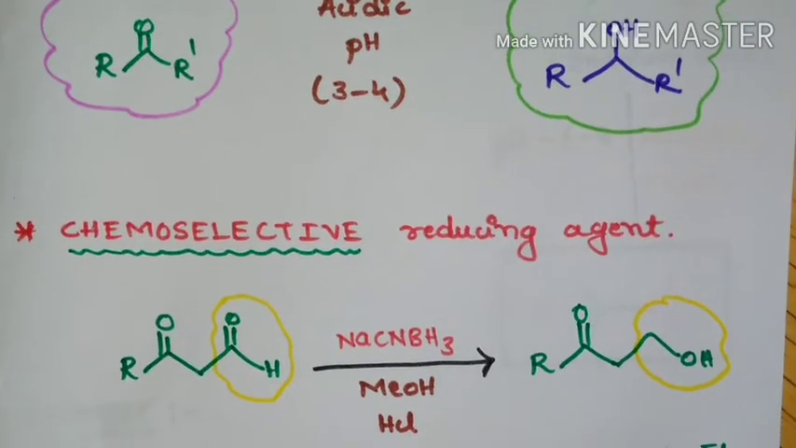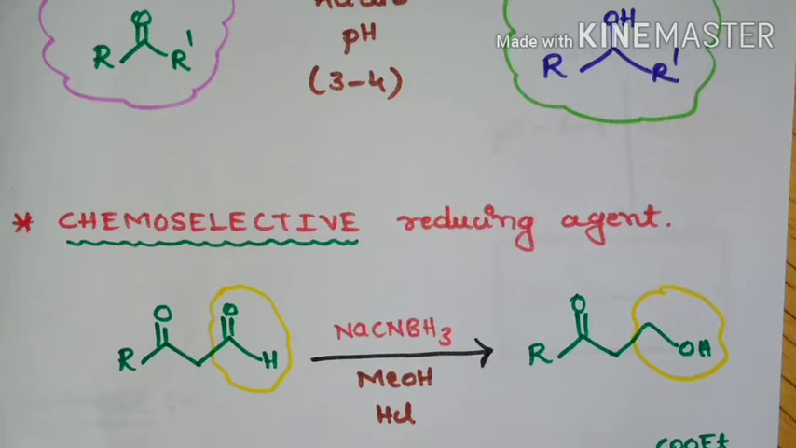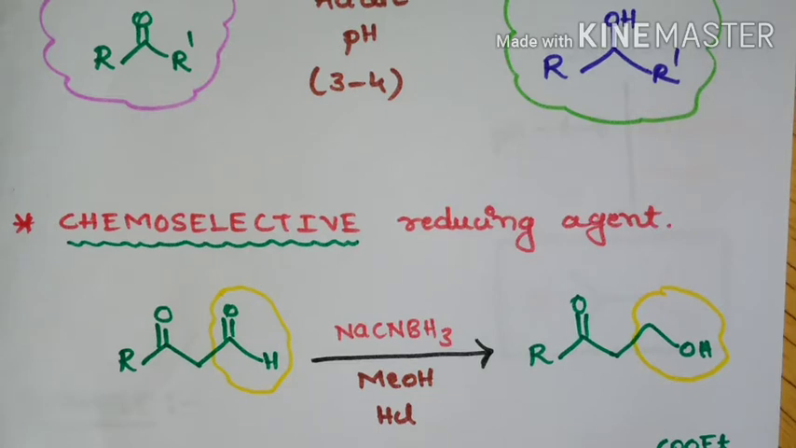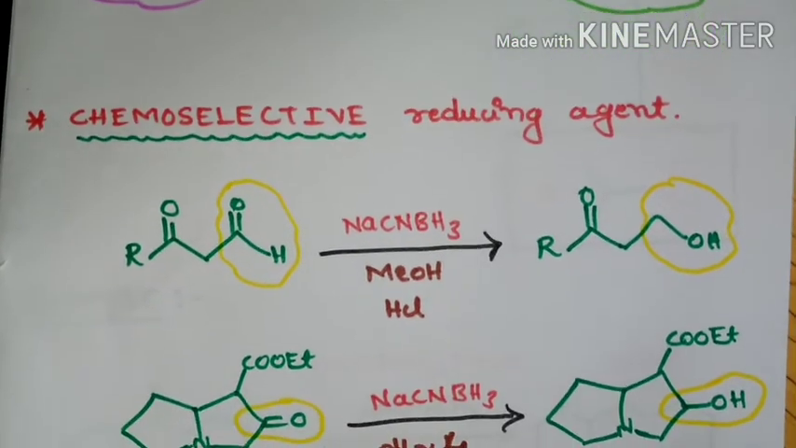And this sodium cyanoborohydride is a chemoselective reducing agent. If two functional groups are present, then it is going to selectively reduce only one particular functional group. Hence, it is a chemoselective reducing agent. So if you take an example,